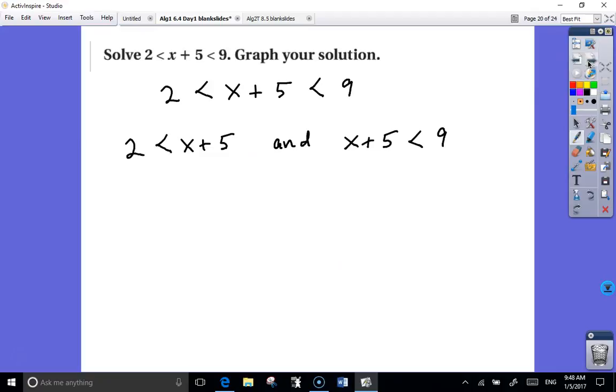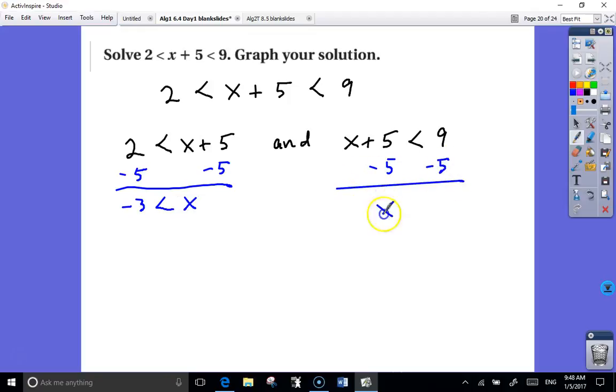Right. So again, you could take that same thing and do it like it's 2 different inequalities. Right. Subtract 5, I would get negative 3 is less than x. Subtract 5. X is less than 4. But if you do it that way, you have to include the word and. And then when you graph it,